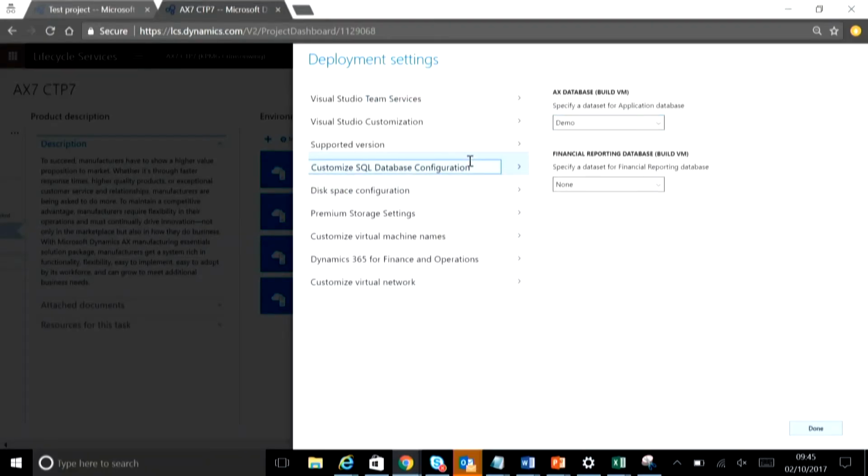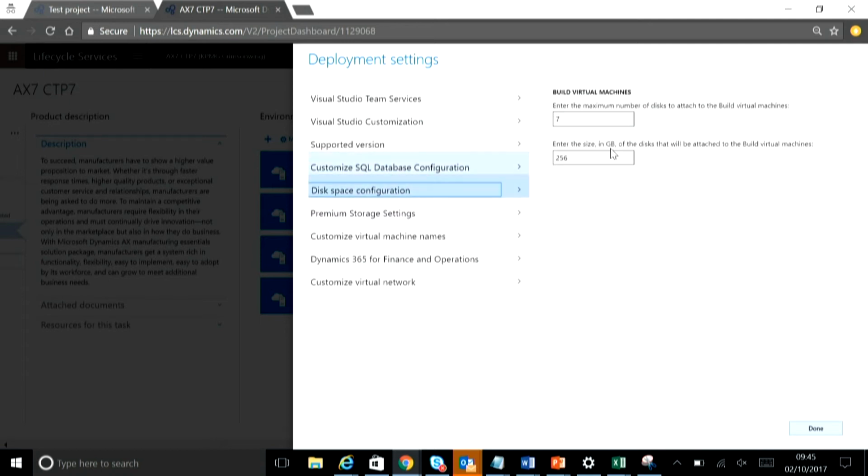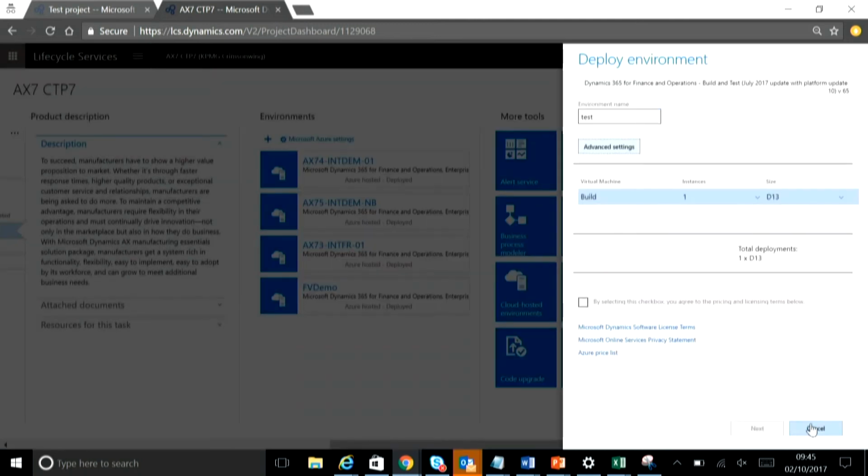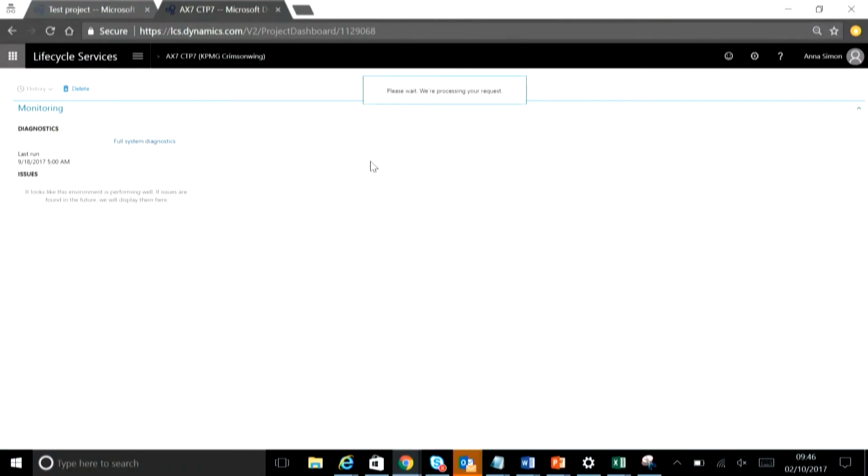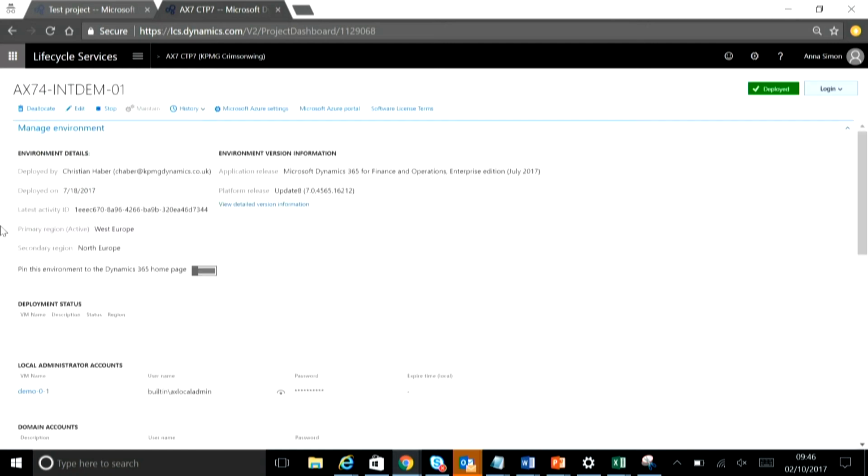I can also specify what kind of database I want, whether I want demo data or I do not want any data at all. And I can also specify disk space configuration, maximum number of disks, and size of these disks. Let's say I'm done with this, and I agree to this checkbox here, and then next to create the environment. I will not create here an environment because I have some test ones already, and I will choose the first one. If I click on that tile, I will get to the page where all the details of the